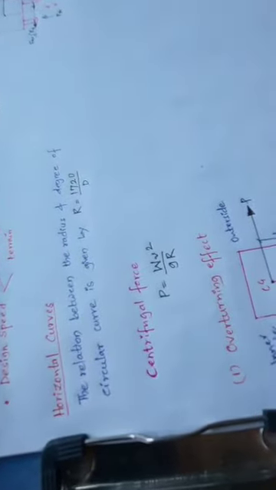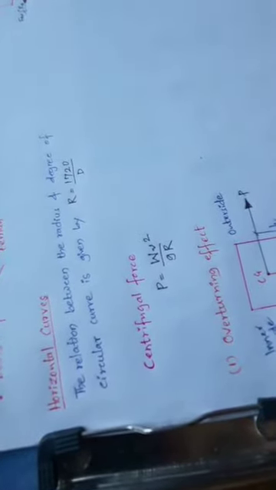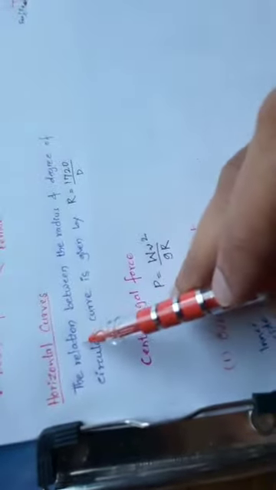A horizontal curve is a curve in plan to provide change in direction of the center line of the road. A simple curve may be designed by either the radius R of the curve in meters, or sometimes you can consider it as a degree. This relation you learned in survey also.